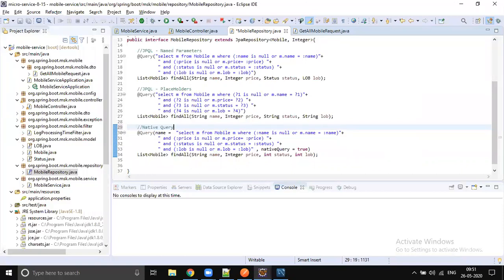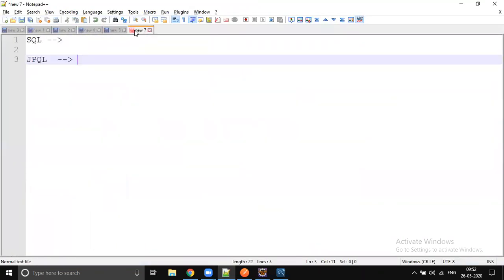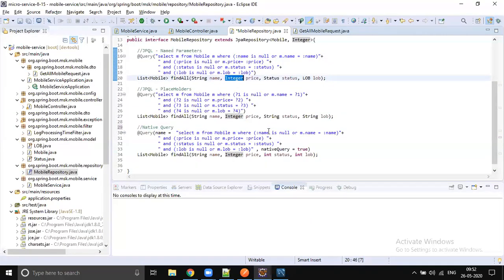Just one question. In the case of named parameter, we are passing status like a boolean thing, and in placeholder we are passing string. Why are we putting a difference only here? The difference is you need to take care of the data types, since it is a native raw query. For example, that day we selected it, and yesterday it was looking good, but it was not saved. It is the same thing.